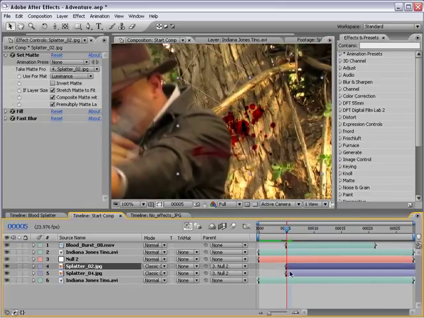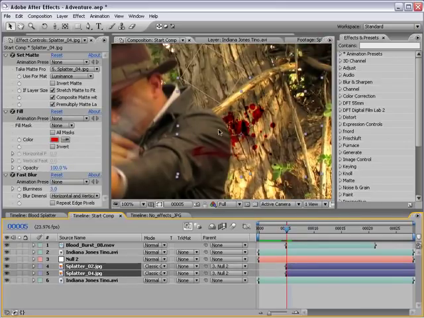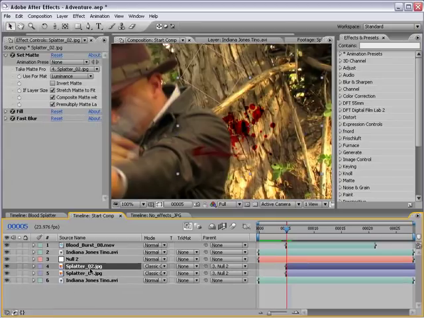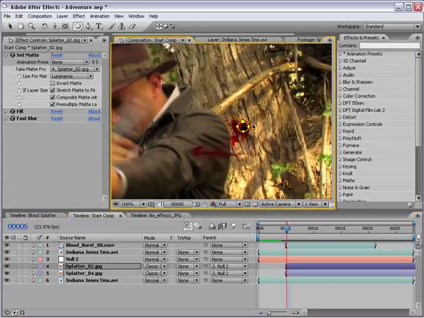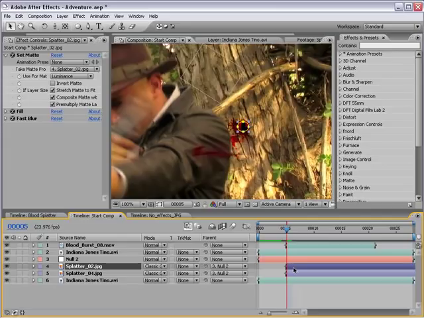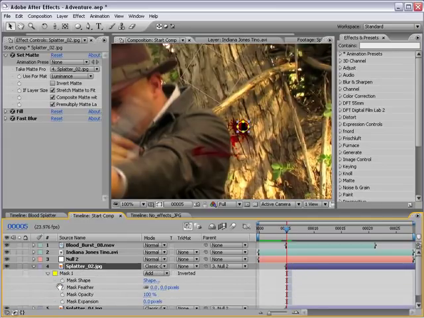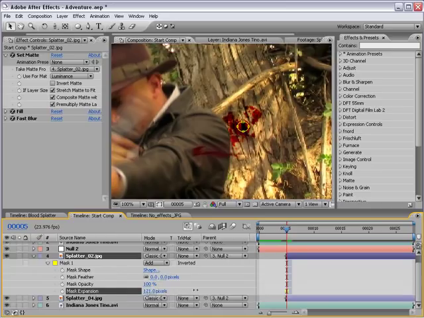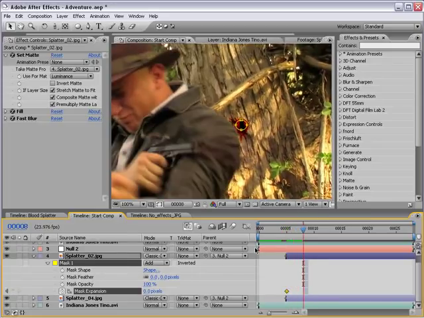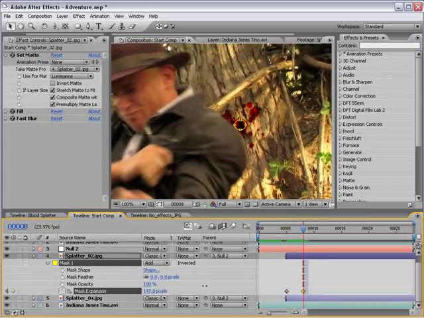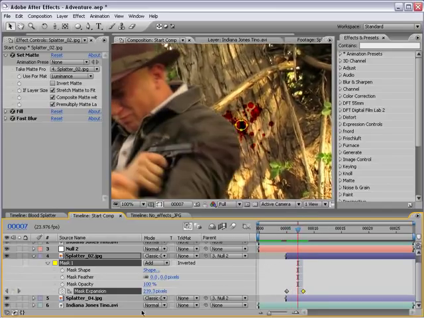But once it's in place, then what we want to do is animate these blood bursts on. So if we take the first layer, create a circular mask around pretty much the whole thing, and if you hit MM, bring up the mask properties, and we have the expansion here. So what we can do is animate the mask expansion from 0 forward a couple of frames to all the way expanded, so that when the blood hits,